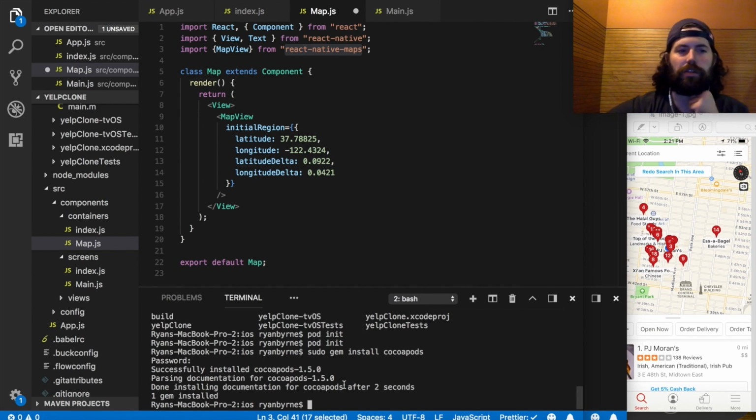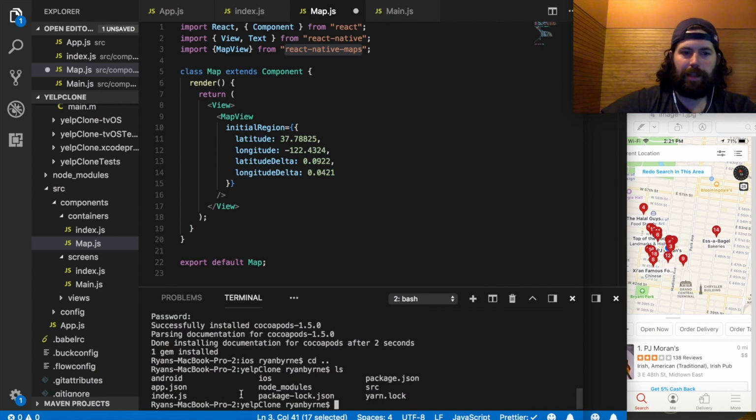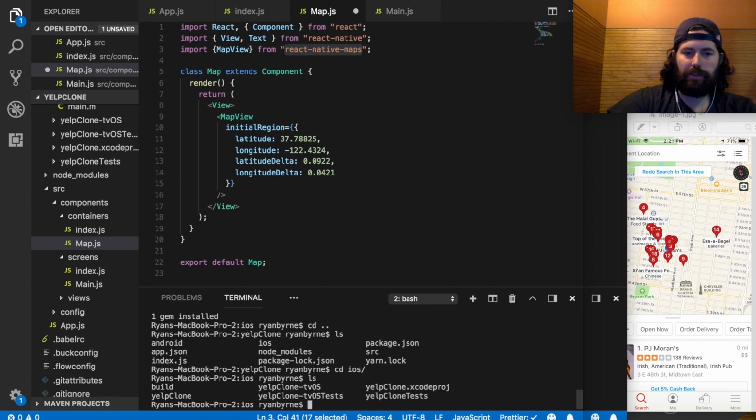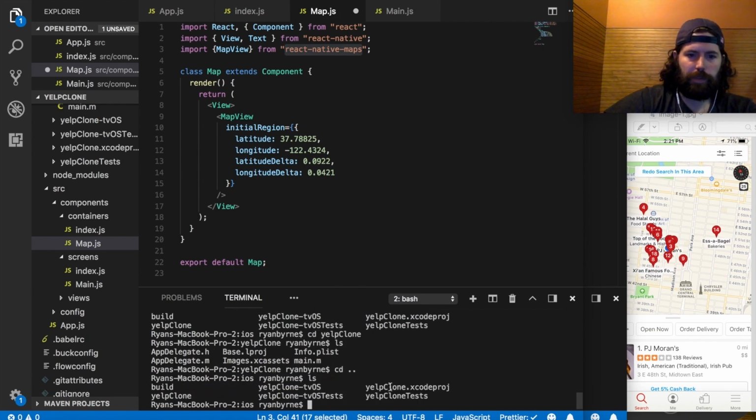Okay, once that's installed, if I'm in my root directory here, type ls, you'll see Android, iOS, etc. Go to your iOS directory and go to the Yelp clone target. Actually, no, we're going to go down one more. You want to be in this directory here with the YelpClone.xcodeproj. And then what we can do is run